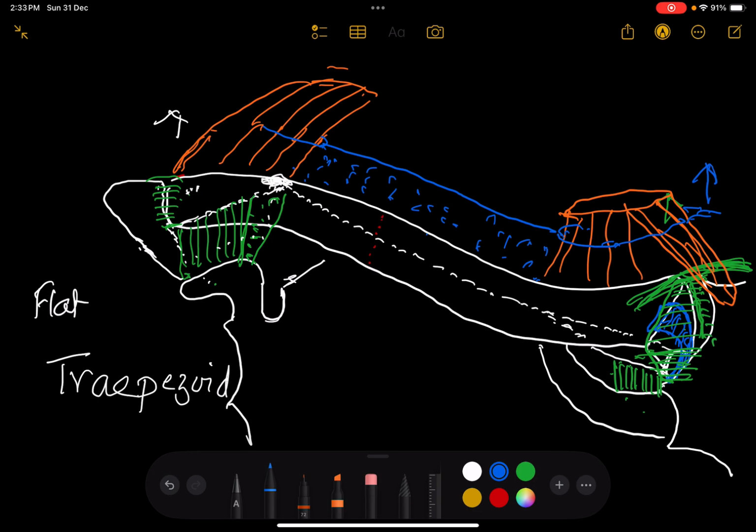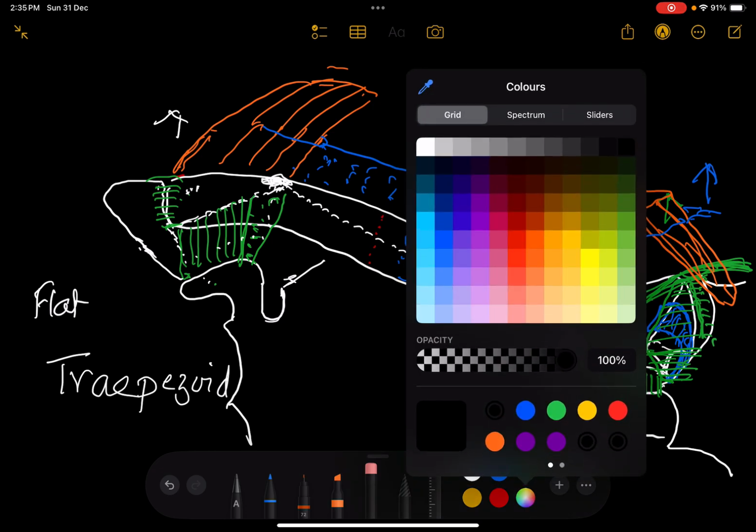This deep fascia would go round the clavicle, engulf the clavicle, merge with its periosteum, and will make another muscle, which is the pectoralis minor,